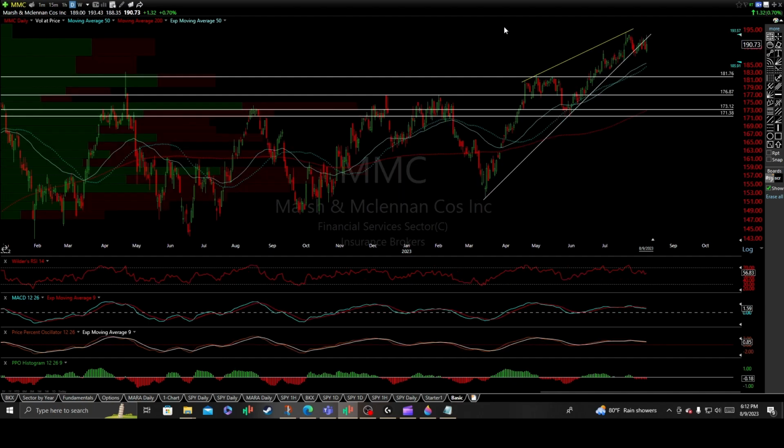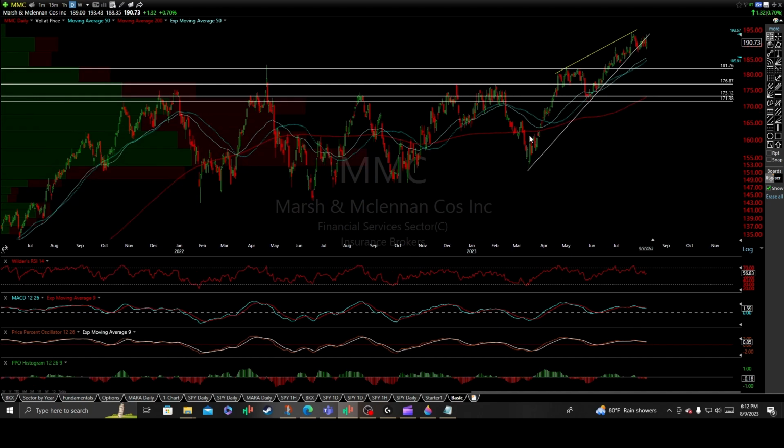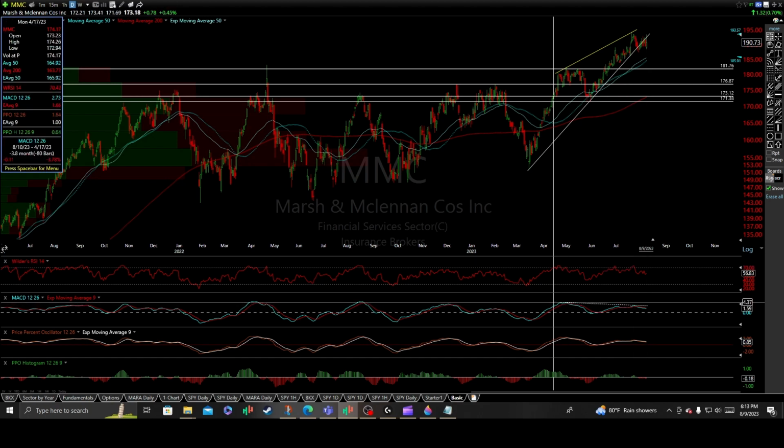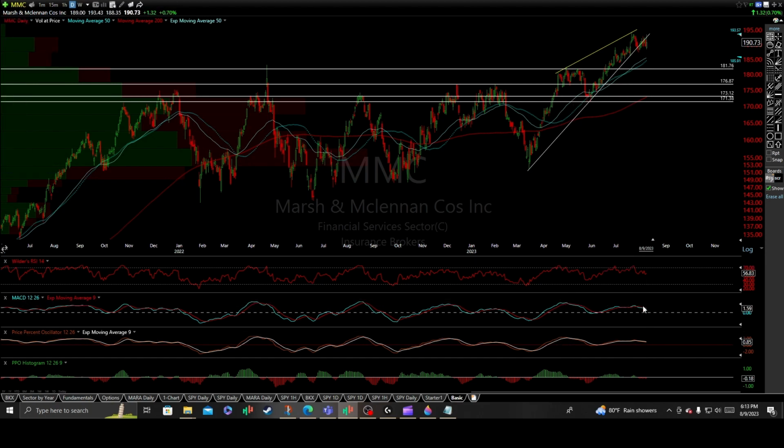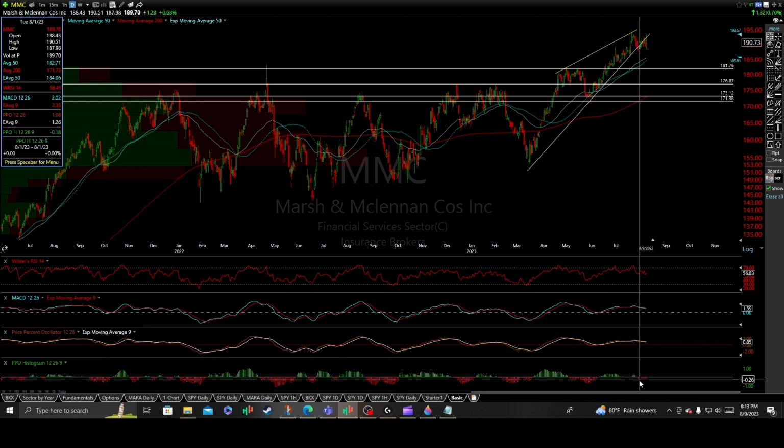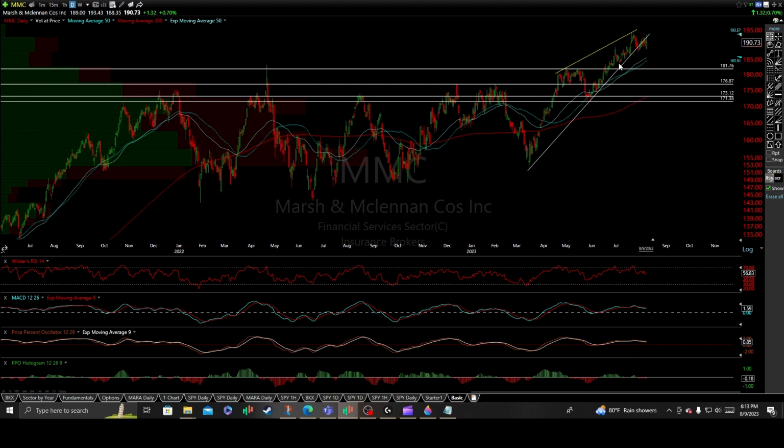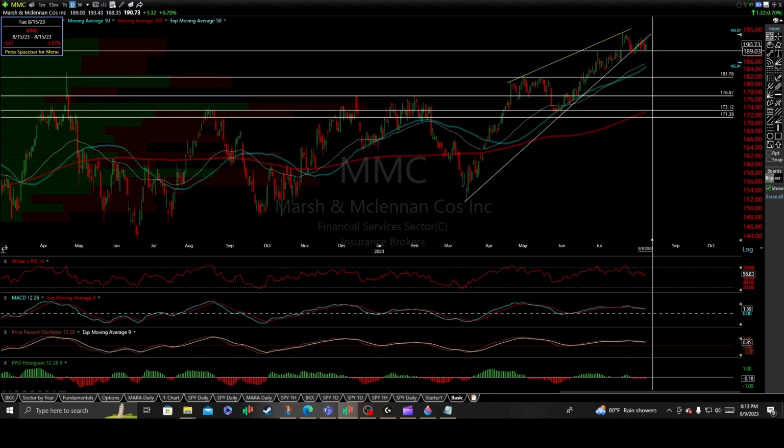drop to come. Taking you out to MMC, a company of the financial services sector and insurance brokers here off the daily interval. And again, another key inflection point off this rising bearish wedge pattern. We've put in a nice divergent high. We have equal exaggerated divergence here in the RSI. We have negative and bearish divergences amongst the oscillator and the moving average convergence, with a confirmed bearish crossover there on the moving average convergence and oscillator, with again here oscillator histogram printing red candle closes below that 0 line threshold, where it looks like we ended up breaking down, put in a solid sell signal daily red candle close.